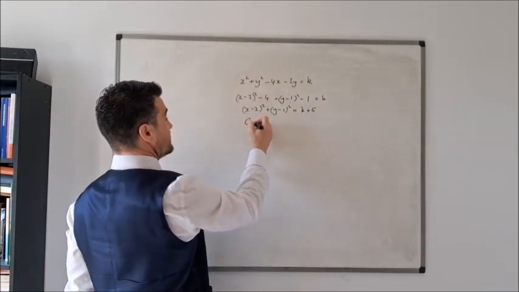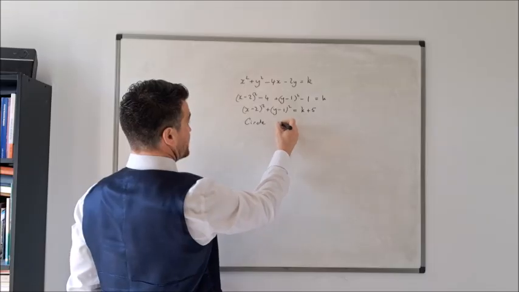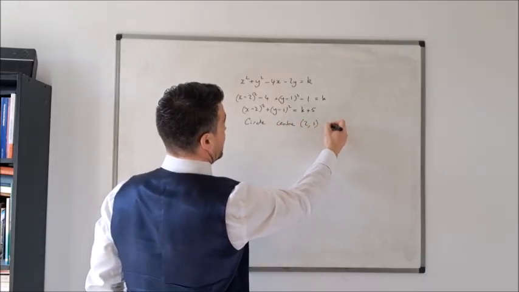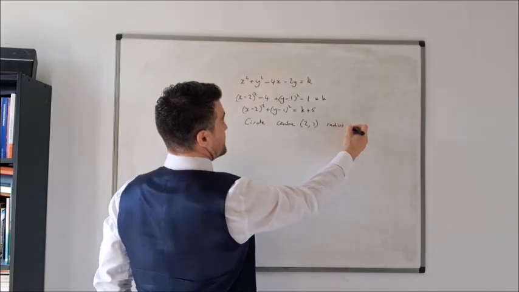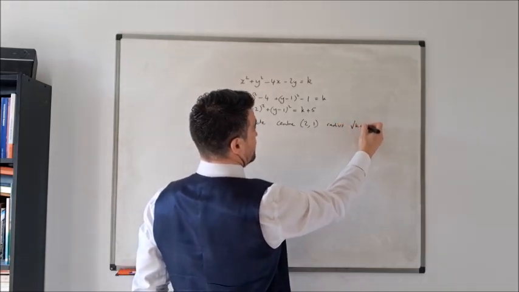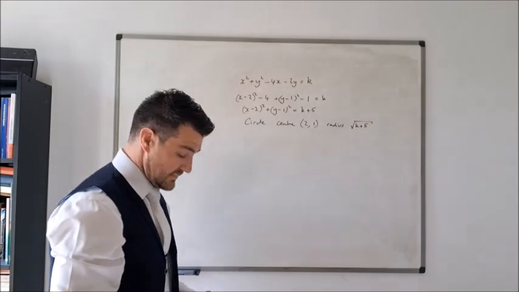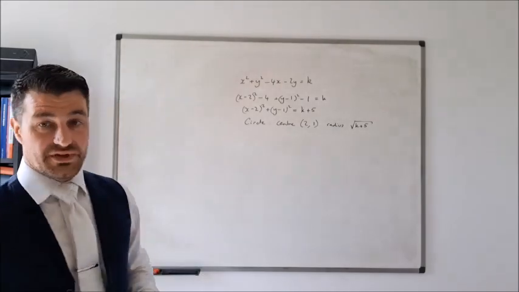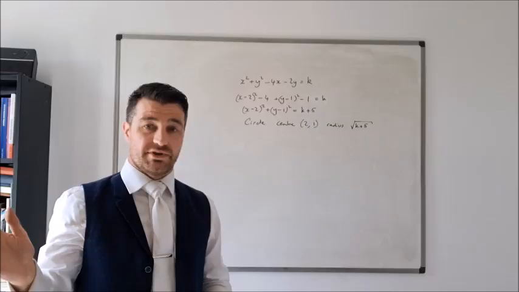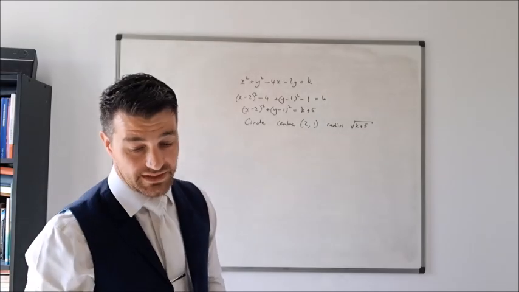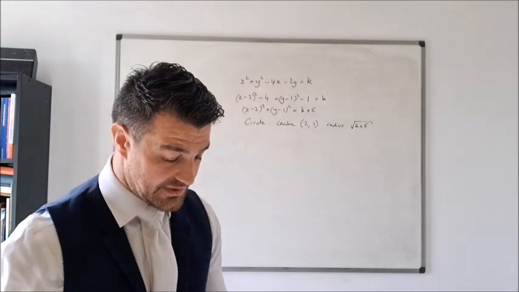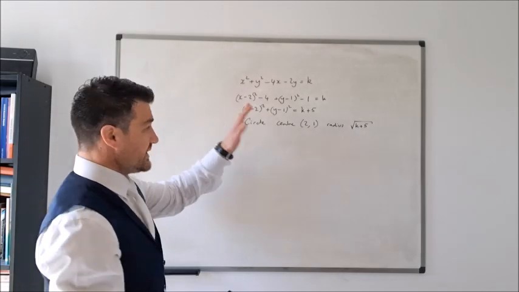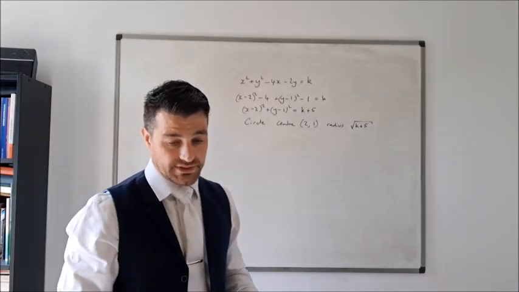So it's a circle of center, coordinates 2, 1, and radius square root of k plus 5. Okay, easy peasy. That's the kind of stuff that you did right back in maybe your first term of A-level maths. Really not difficult at all. Hopefully you don't have any difficulties with completing the square and describing circles and things like that.